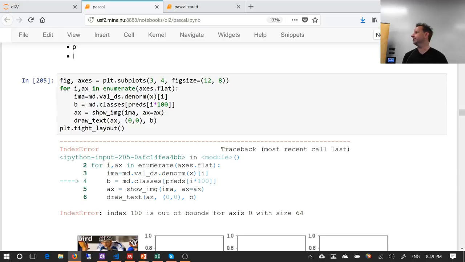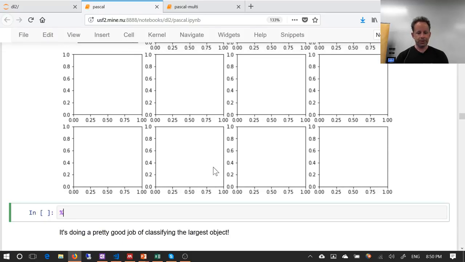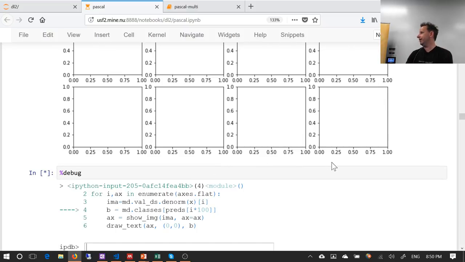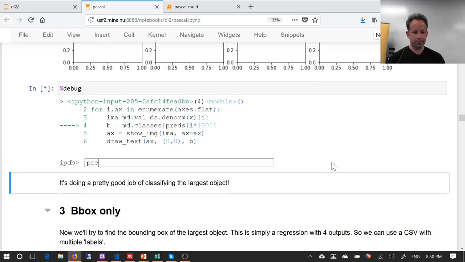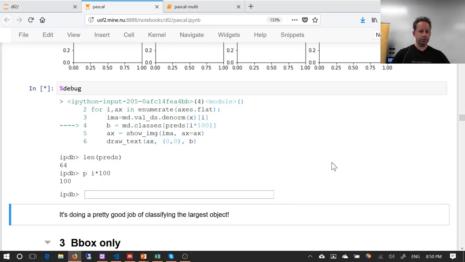okay, something's wrong. Now in this case, it's easy to see what's wrong, but often it's not. So what do? %debug pops open the debugger at the point the exception happened. So now I can check, okay, preds dot, well, I don't know, len preds, 64, i times 100. Got to print that because i is a command. 100, oh, no wonder. Okay, and you can go down, you can go up, you can list, whatever. Okay, so